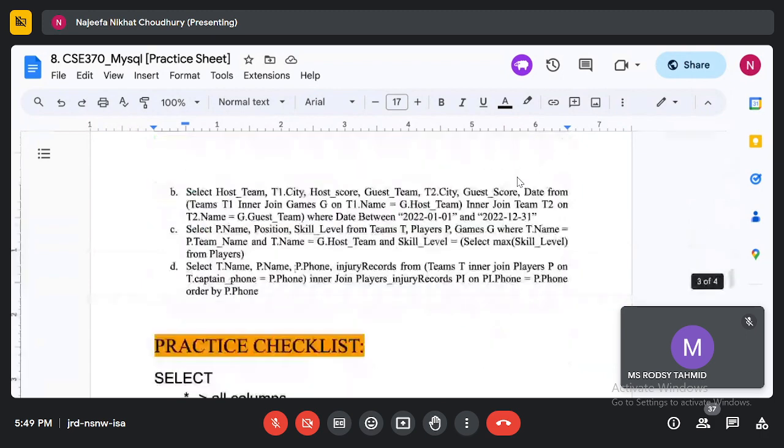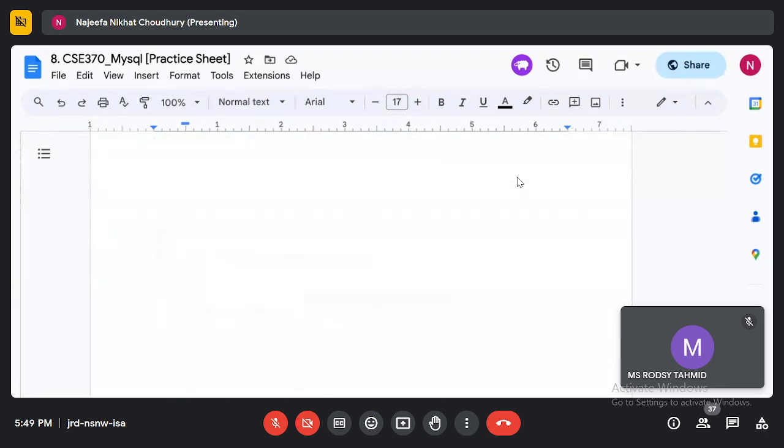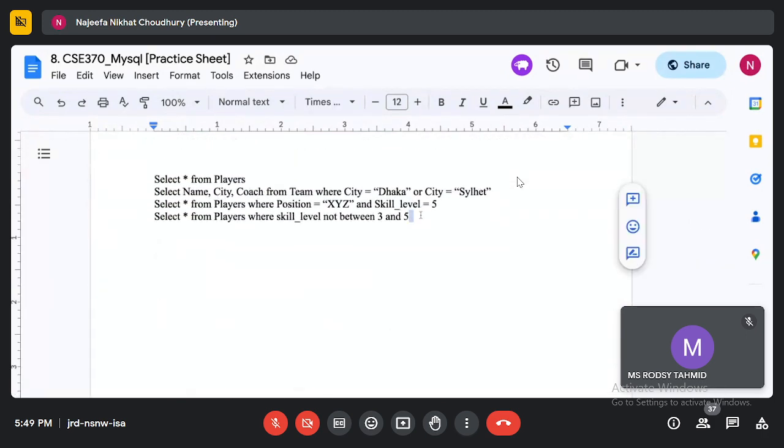So in that case, if I just do select star from, sorry, not select star, select city from team, what will happen is, if I have 10 teams from Dhaka, it will be printed 10 times, right? So I just want to see a list of the cities, so I don't want them to be printed again and again.